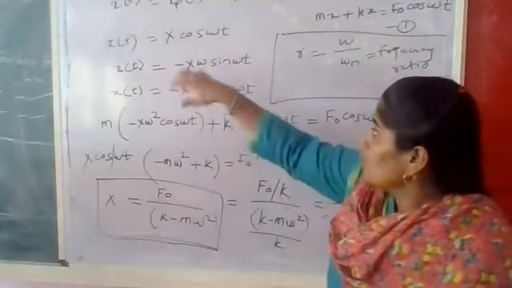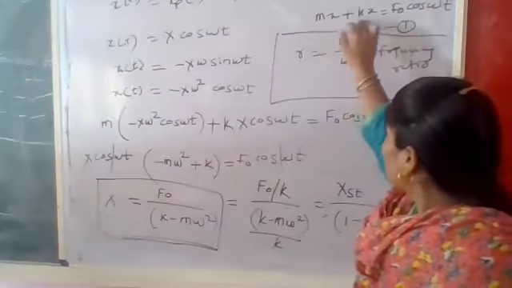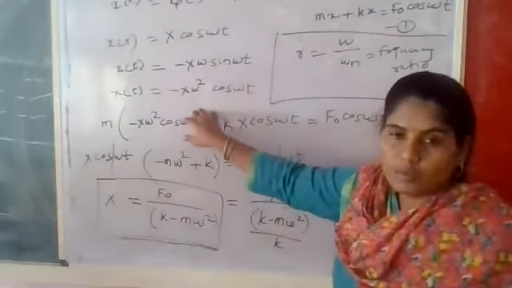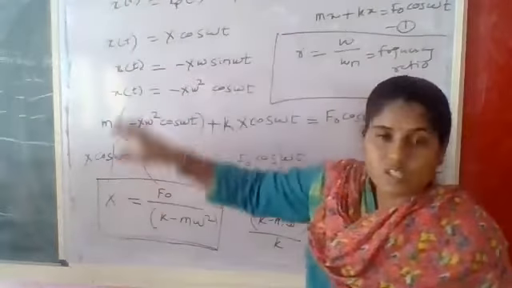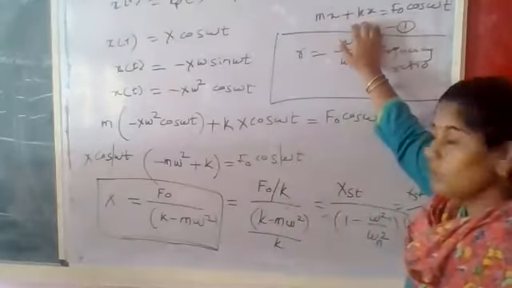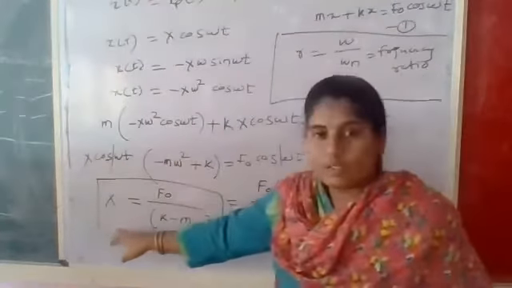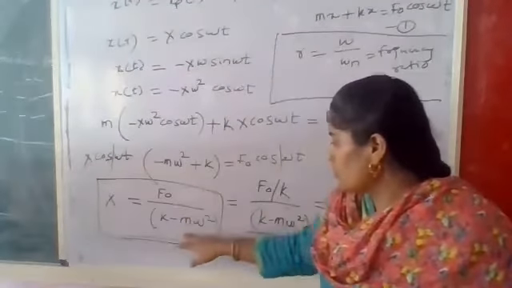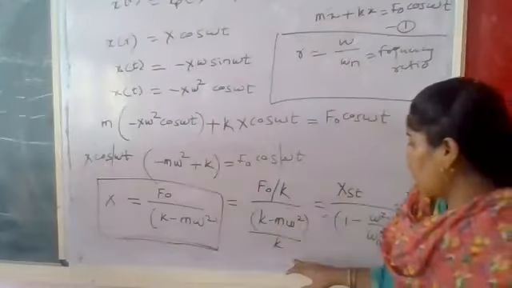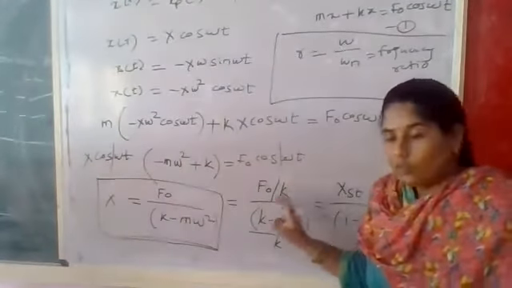based on this we have calculated the value of m x double dot plus whatever the x value that we have calculated, the first derivative and second derivative, with respect to x particular integral, and we have put this value in terms of equation number 1. By comparing both the sides we will get directly the x value, that is the amplitude, equal to f naught upon k minus m omega square. By dividing the numerator and denominator by k, we will get